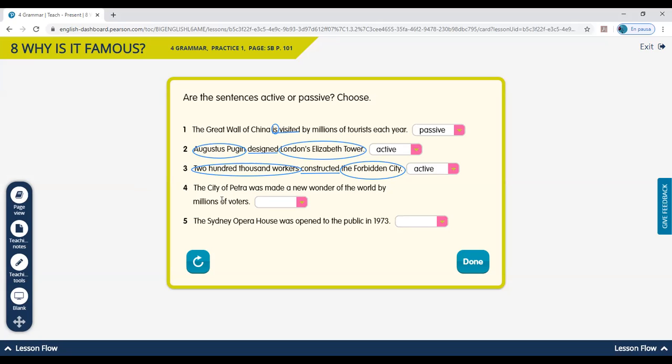So, the city of Petra was made a new wonder of the world by millions of voters. My question, one more time. Do you have was or were? Yes. So you have was. Do you have a past participle? Yes, you have made. Okay, so you have an object, the city of Petra, an auxiliary, in this case the verb to be in the past, the past participle, and an object. Okay, now what is this? Active or passive? Yes, guys, this is